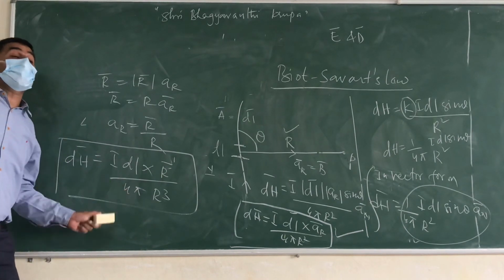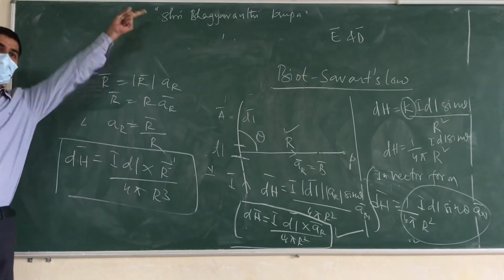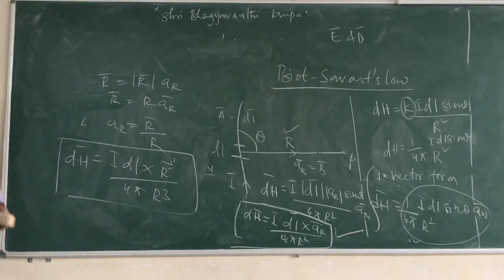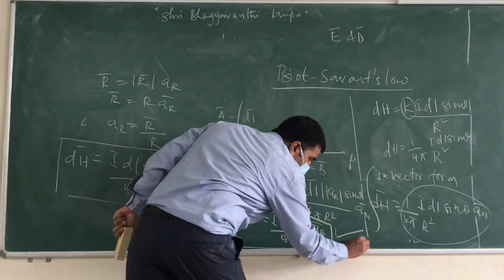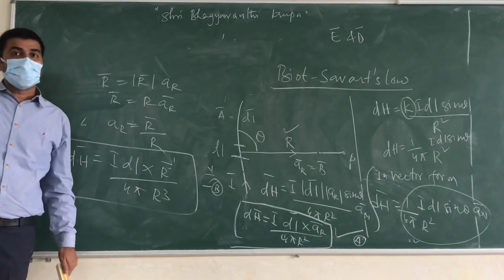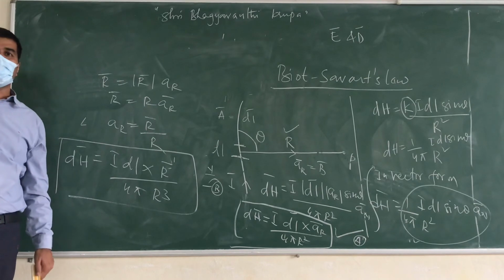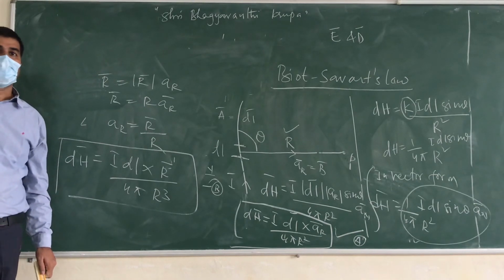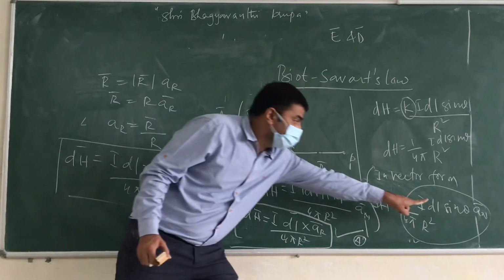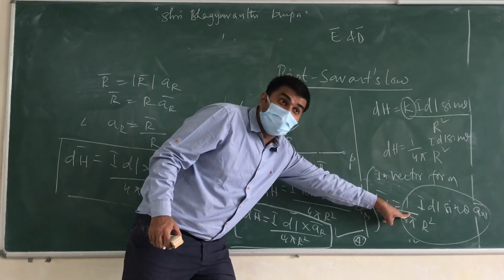This is the differential magnetic field due to only a differential length. For complete? Call it equation number A and this as B. To find the total magnetic field intensity at point P. Are you getting all? Is it clear how we converted this equation to this? Please let me know. Is it clear to all?